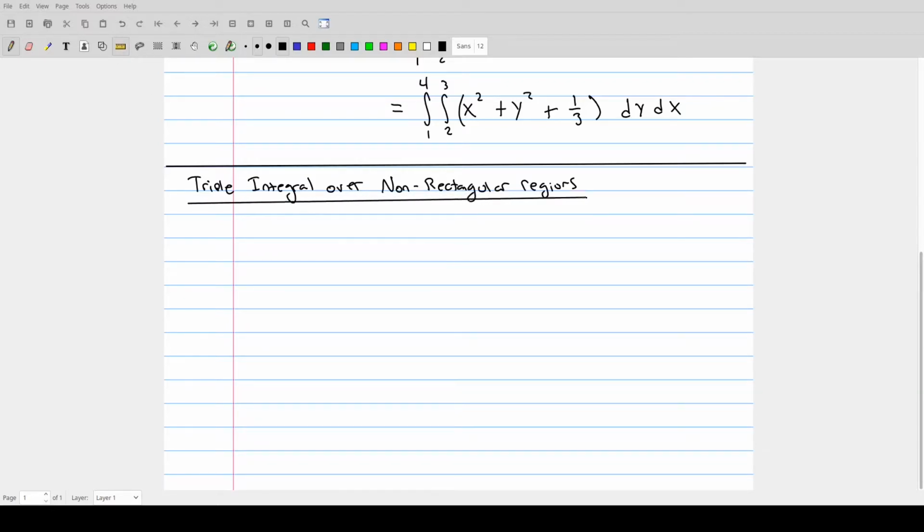And we'll actually use as a homework example the first WebWork problem of homework 5. This asks you to not even evaluate the triple integral, but just to set up the bounds for a triple integral